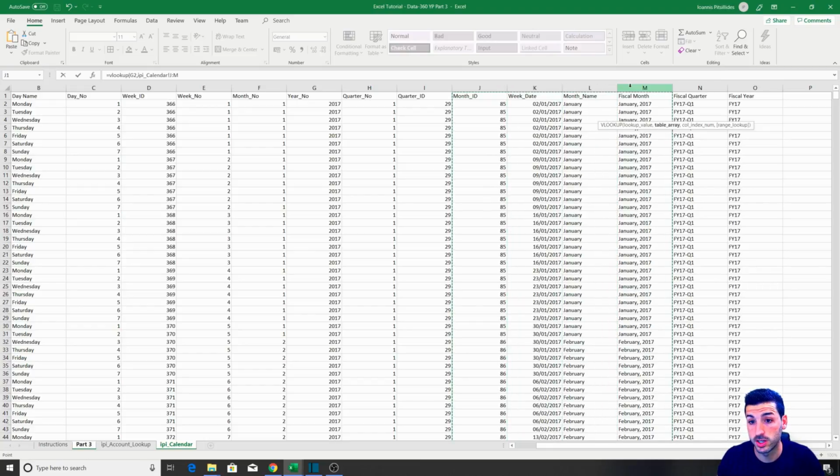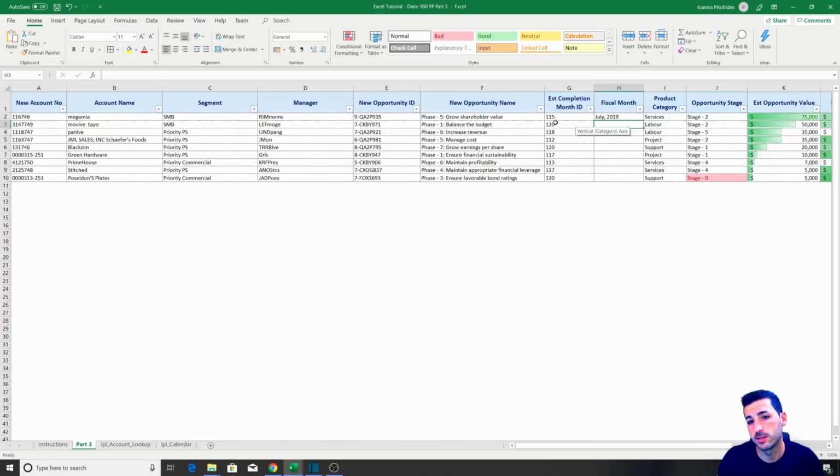So you can see 4C at the top. Then I close, comma. I want column number 4, and then comma 0 because I want an exact match. Why if I put 1? Oh no, it's always true. So 0, yeah, it's an exact match. Close bracket, click enter, so I can see this month ID signifies July 2019.